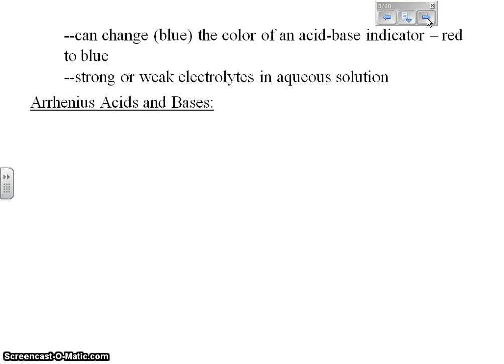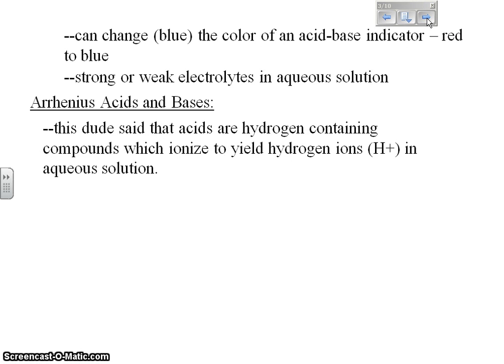Okay? Now there's a couple types of acids and bases. There's a couple types of definitions. And the first type of definition we're going to talk about is a guy by the name of Arrhenius. So Arrhenius's acids and bases. He was the first one to kind of talk about acids and bases. And he basically said that these acids are hydrogen-containing compounds which will ionize to yield hydrogen ions in aqueous